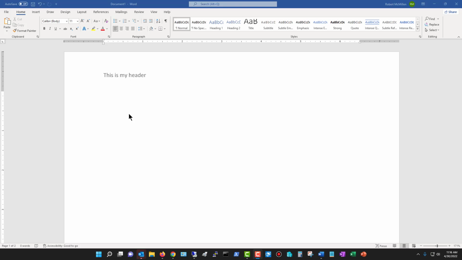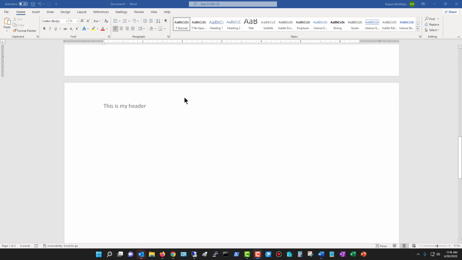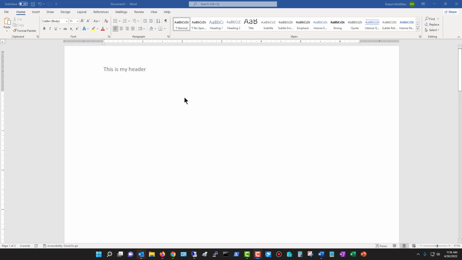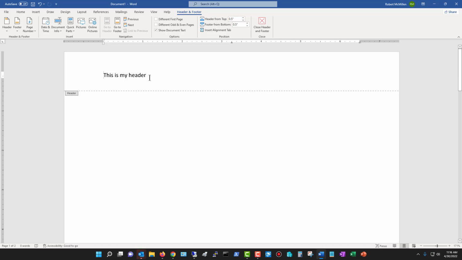Let's take a look at how we can delete data from our header in Microsoft Word. So you can see this is my header, which is located in the header of each of my pages. Let's just say, you know what, I don't really want that. So I can just double click anywhere in there and delete that, and then choose to close the header and